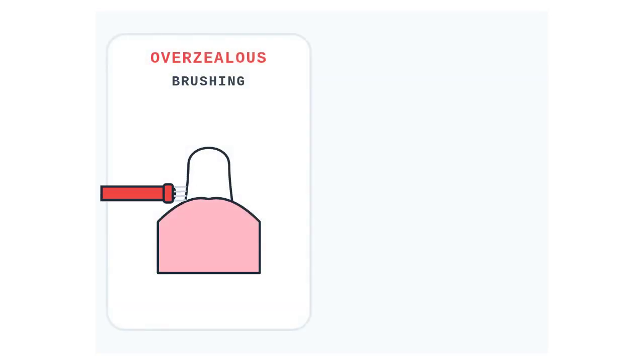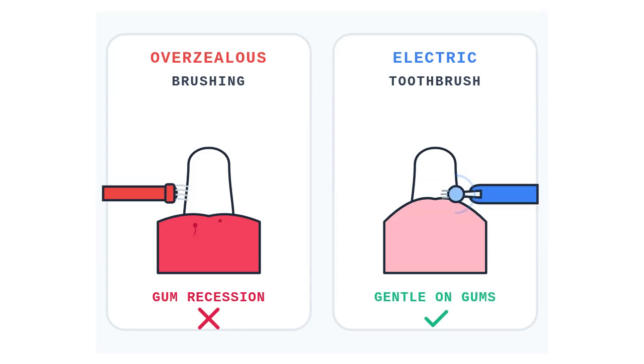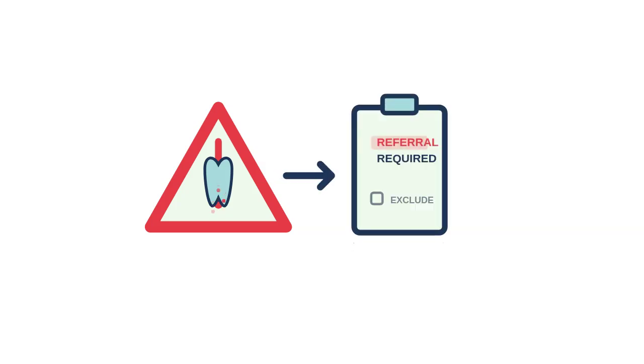When differentiating, there are specific points to consider. Overzealous toothbrushing can itself lead to bleeding gums and gum recession, so you need to determine whether the patient is overcleaning their teeth. An electric toothbrush might be helpful for people who apply too much force when brushing. Gums that bleed without exposure to trauma, and where the bleeding is unexplained or unprovoked, need referral to exclude underlying